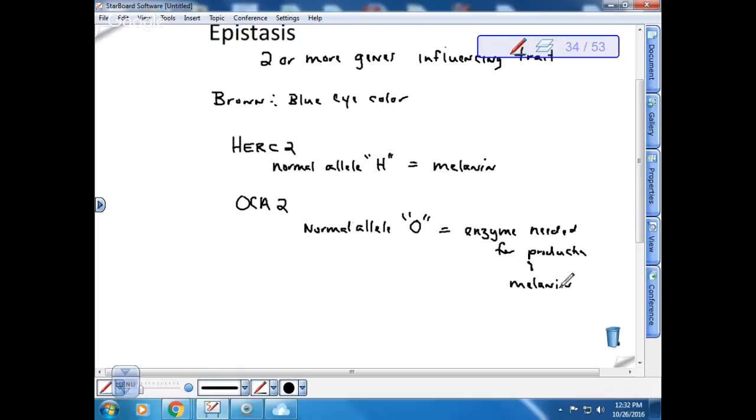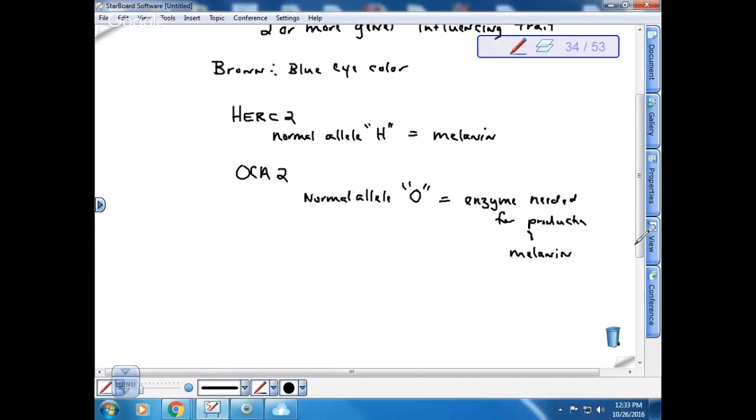Right? So these two genes influence whether you have brown eyes or blue eyes. So we have gene interaction, right? The genes are interacting. So we see in most cases, unless you're albino and you have problems with the production of melanin, most individuals are this combination, right? However, when we look at the O gene, they could be this. And so this would produce brown eyes,